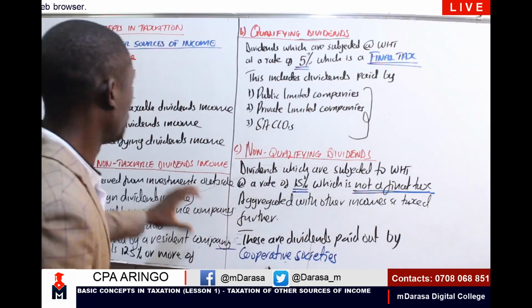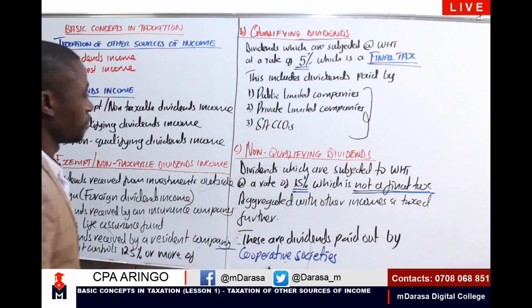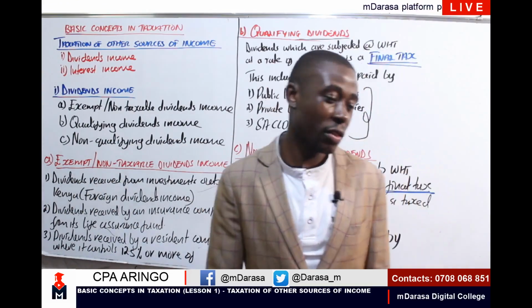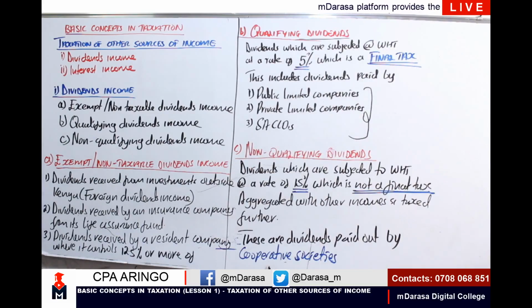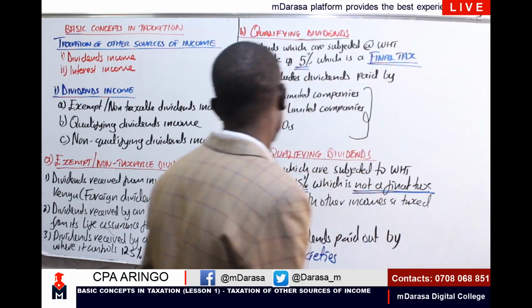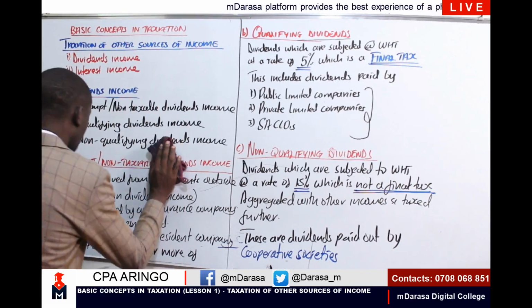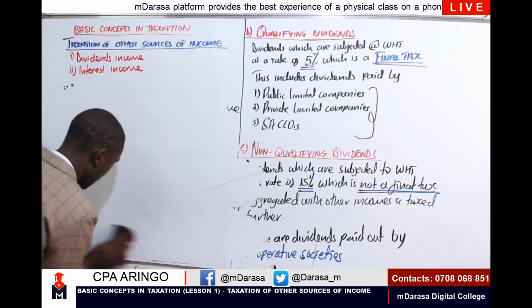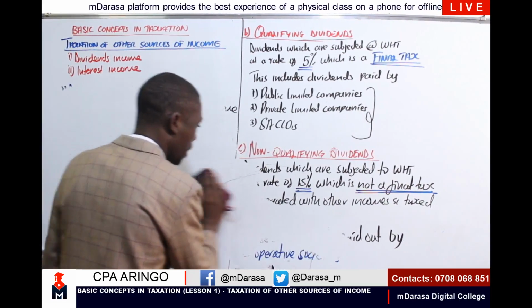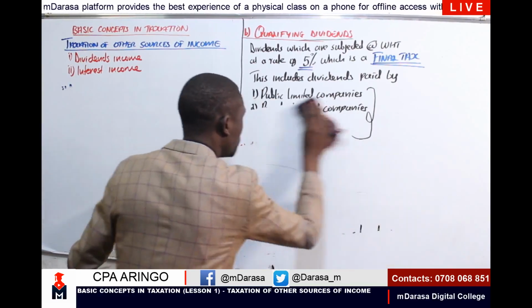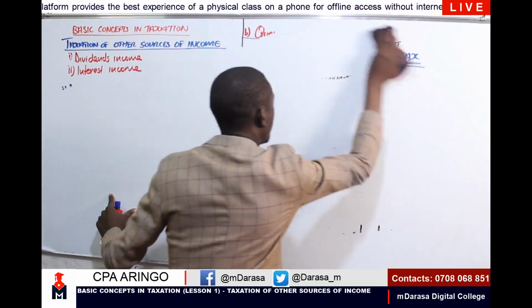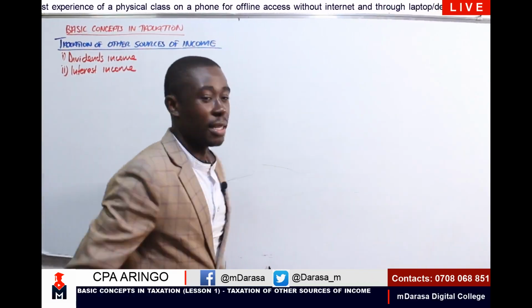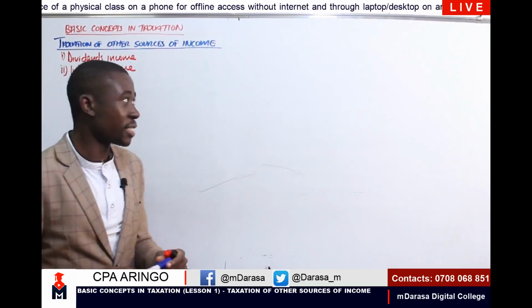So this is the first case. We've looked at dividends income. Let us jump to the second component of income, which is vital for us to understand, and that is interest income. So allow mwalimu to erase the components of dividends, which you are done with. I'm hoping that you've been able to understand that concept clearly. So we are done with dividends. Let us jump to interest and see what interest income entails.